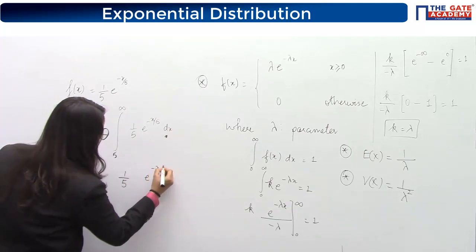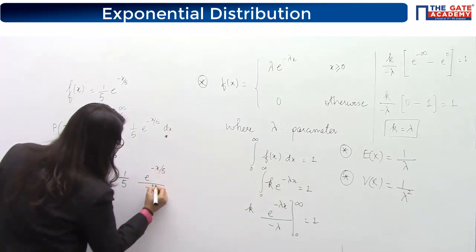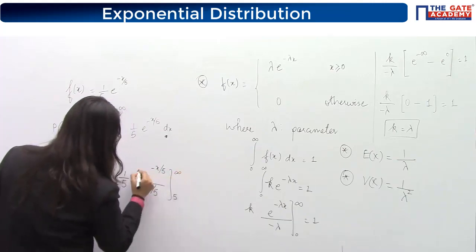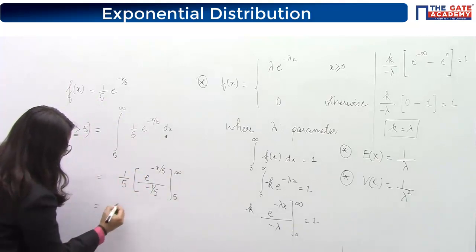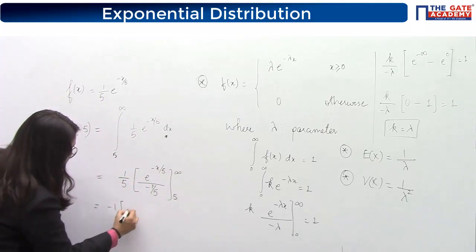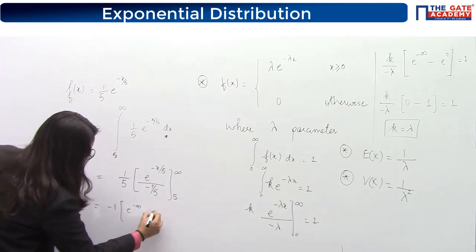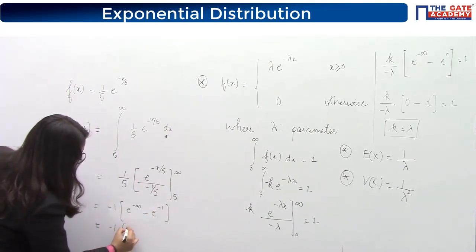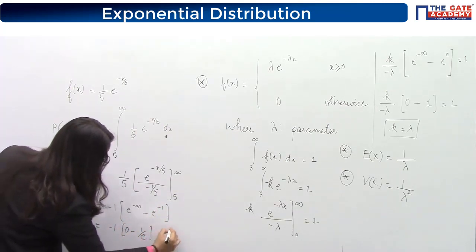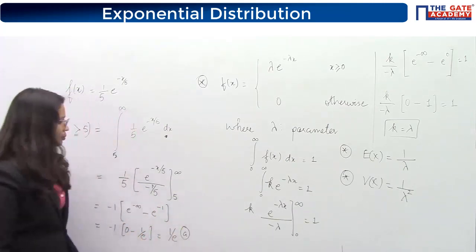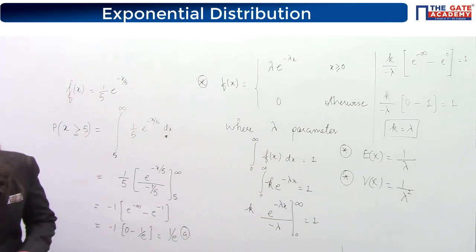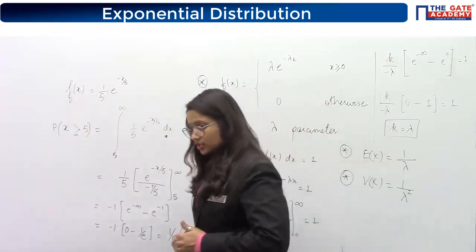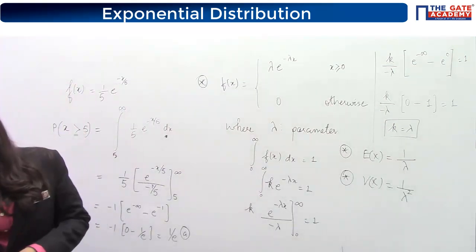So integrate this e to the power minus x by 5, you will get minus 1 by 5 over here, and 5 to infinity. So this 5 and this 5 getting cancelled. There is a minus 1 outside. So e to the power minus infinity minus e to the power minus 1. You know e to the power minus infinity is 0. This is 1 by e. So final answer is 1 by e. That is option A. Very easy question. That's what I was telling you, that the concept may be difficult to understand, but yes, the questions that are asked are quite easy. Okay.